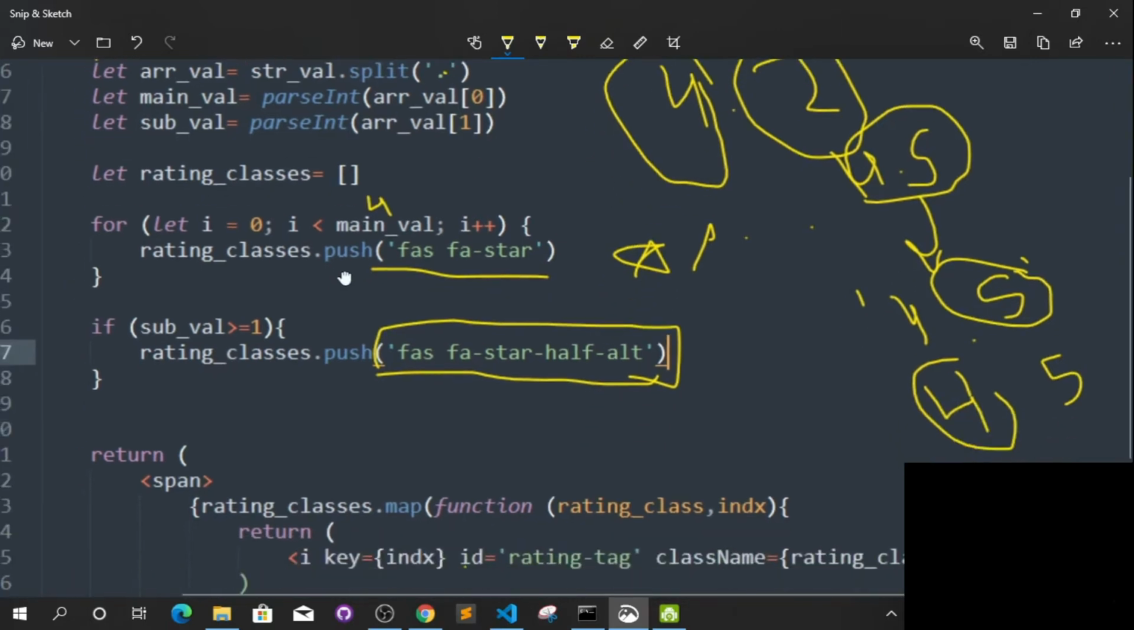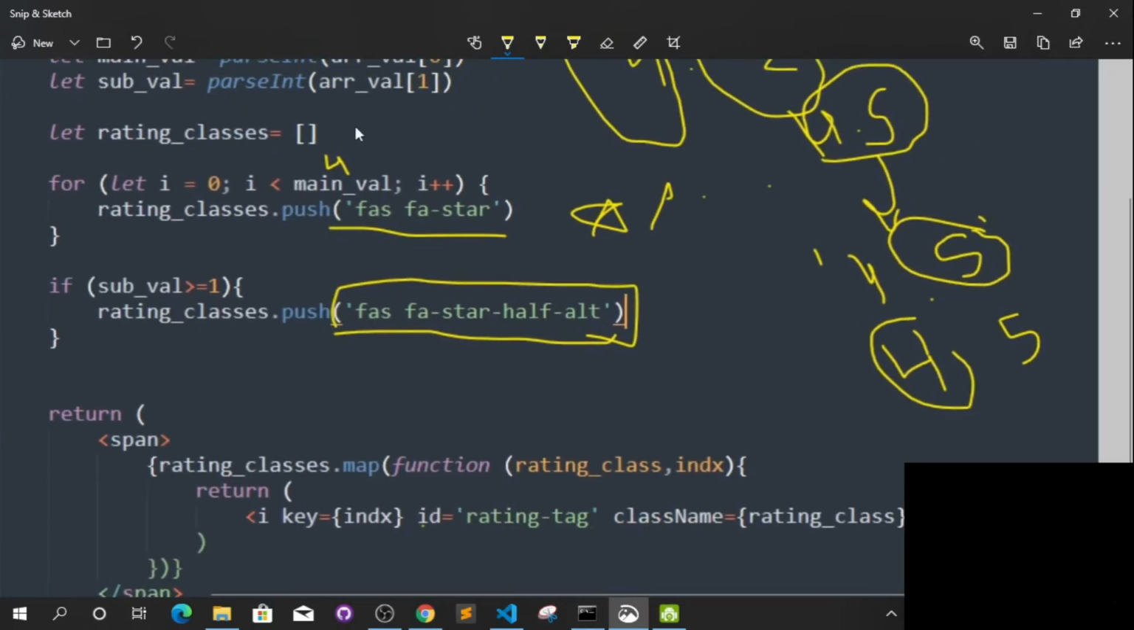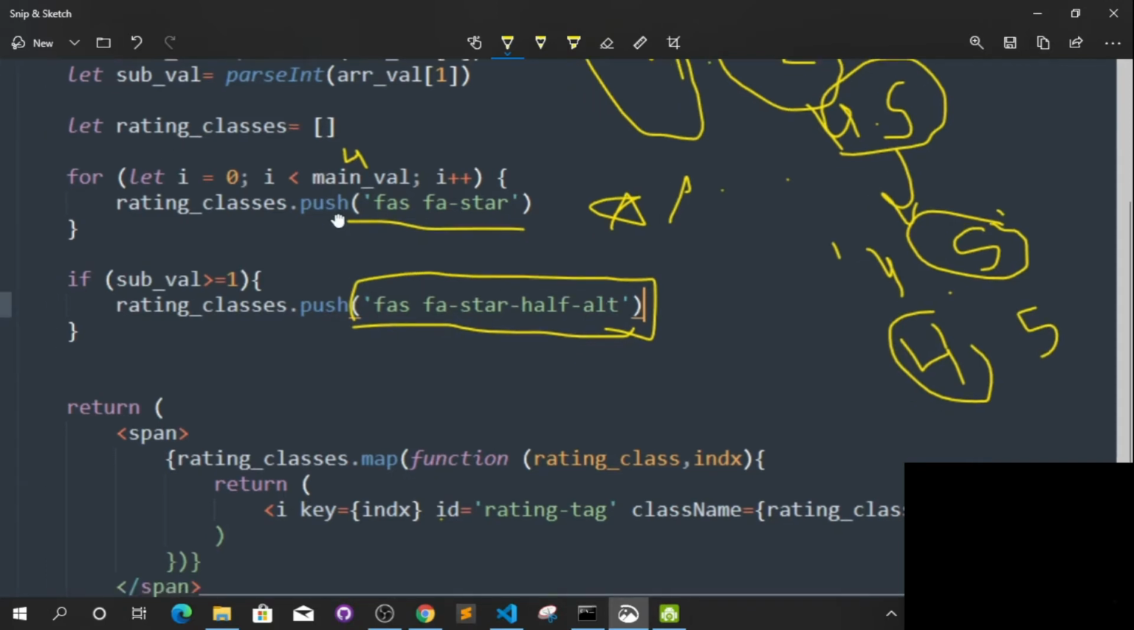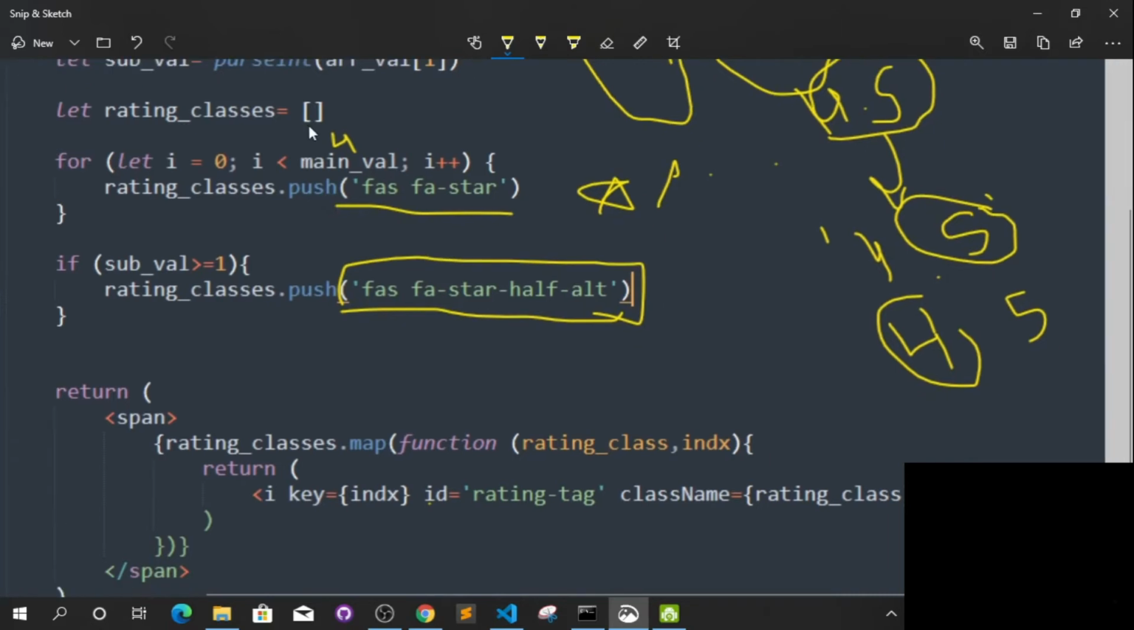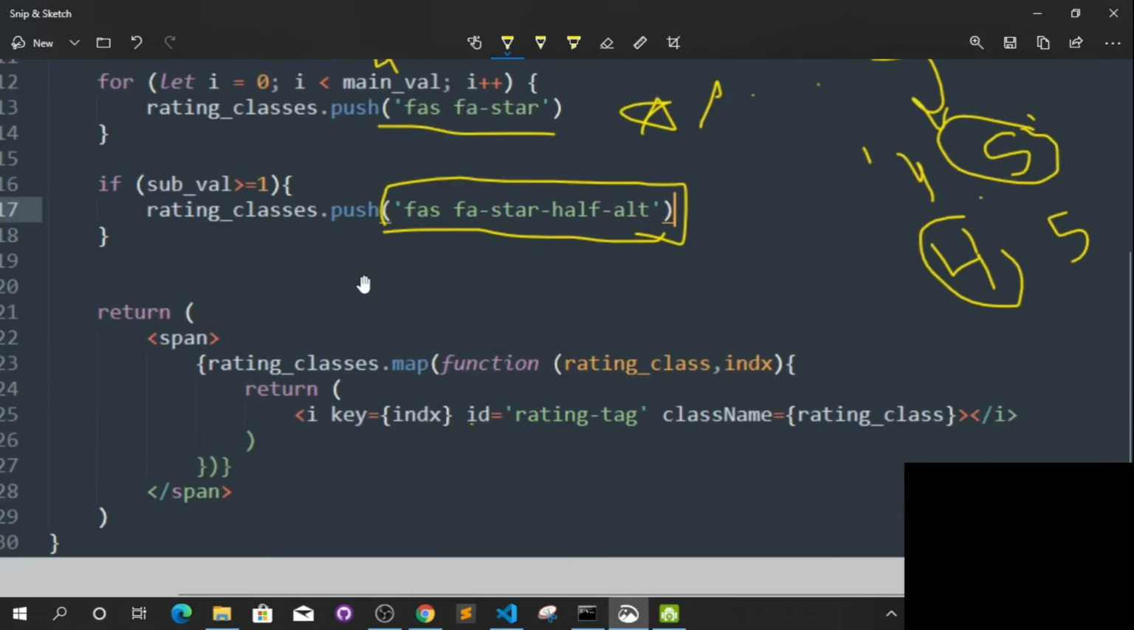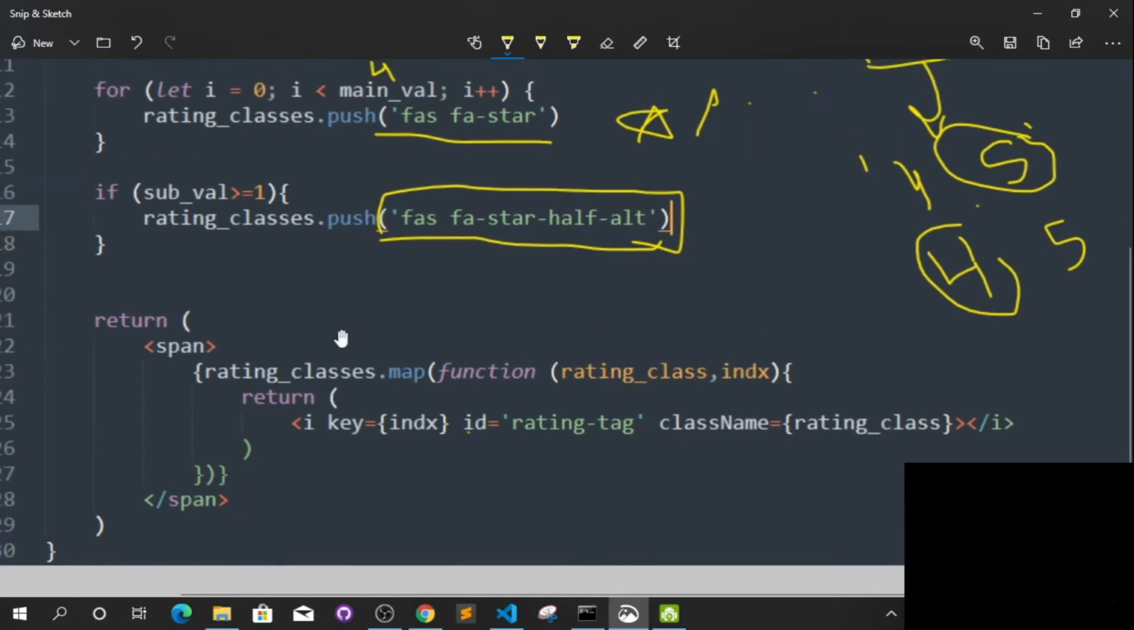Okay, so now I will be using all these stars which are enclosed in this rating classes list. I am calling this a list because I use a lot of Python, that's why I forgot that it's an array. So if I scroll upside,